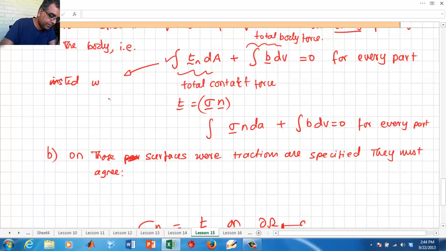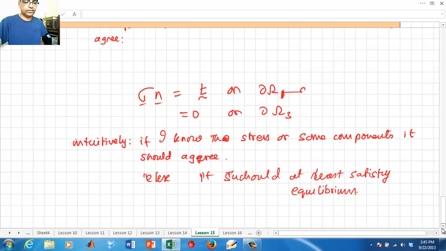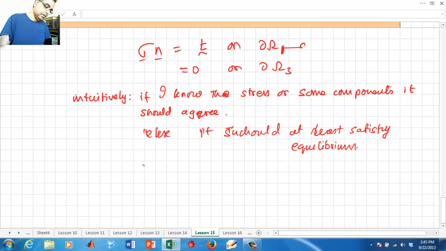we check sigma ij comma j plus bi equal to 0. Is this true or not? And then of course I want to check sigma ij equal to sigma ji. That's what I'm really going to check. So I'm going to rewrite this as saying sigma ij comma j plus bi must be equal to 0, sigma ij equal to sigma ji,